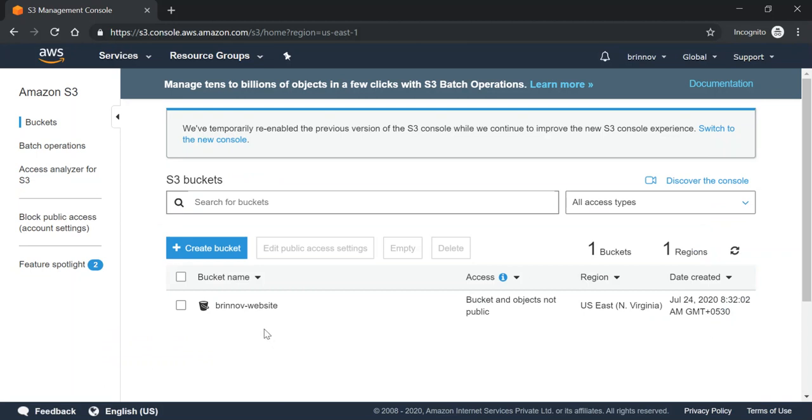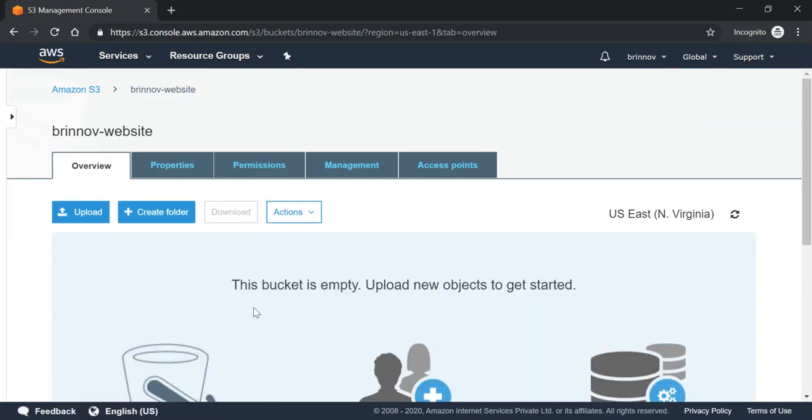Once a bucket is created, just upload your website contents to this specific bucket. I don't have any website contents, so I'm going to download some website from the internet.